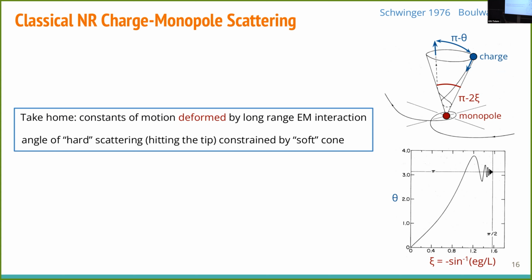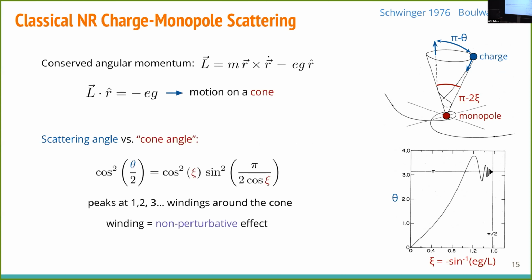But in the axis of this cone, so it points towards this charge which is infinitely far away, right? No. This is the charge, this is the monopole, and this is J total. But so this R hat in the previous slide, right? Right. So here I use L not J, so L dot R hat is EG. So that fixes you to be on the cone.